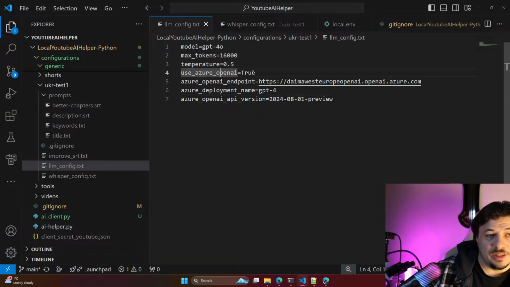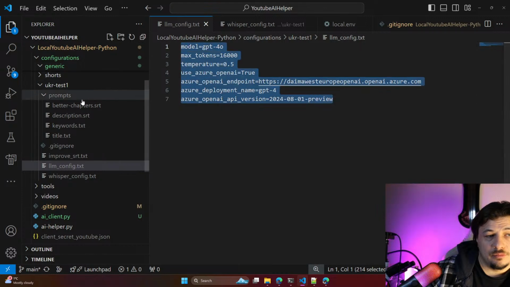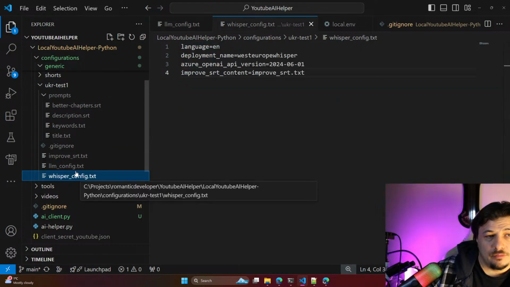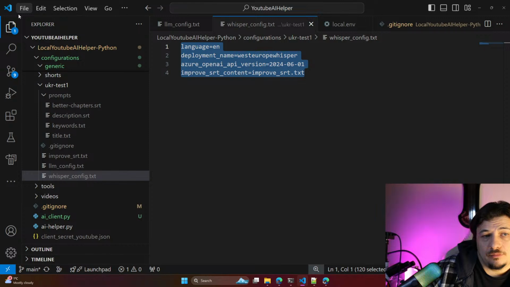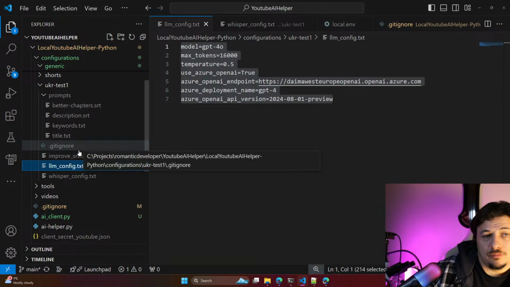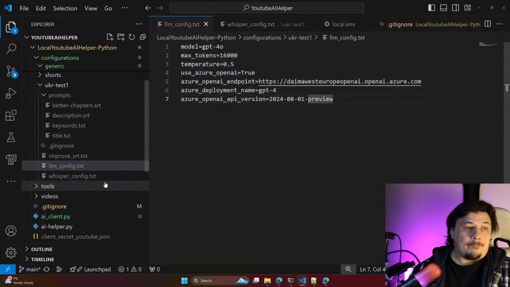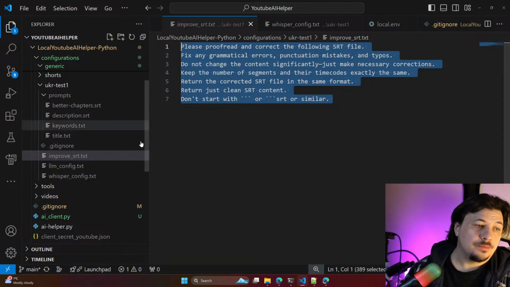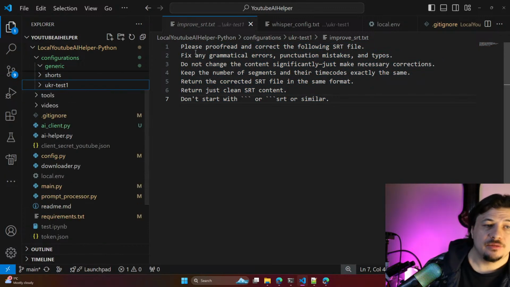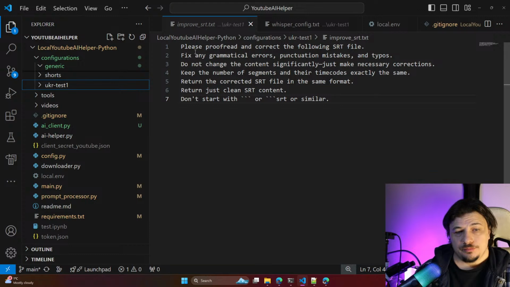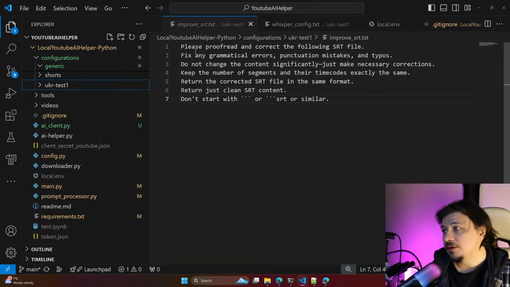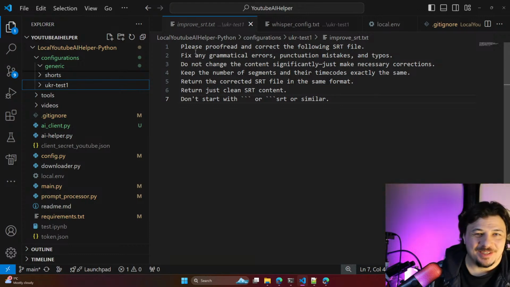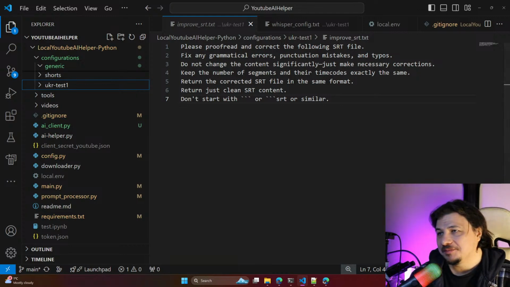Use Azure OpenAI true. So not sure, but yeah, let's try to test it tomorrow. As of now, I think we are more than out of time, and as usual, let me wish you a great time of the day.